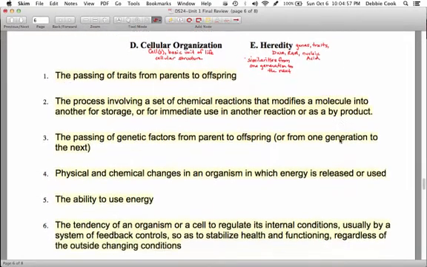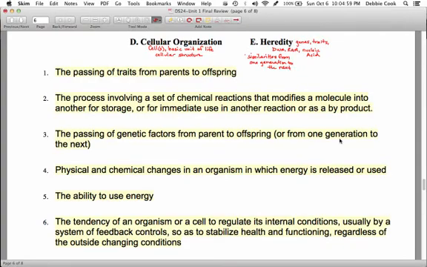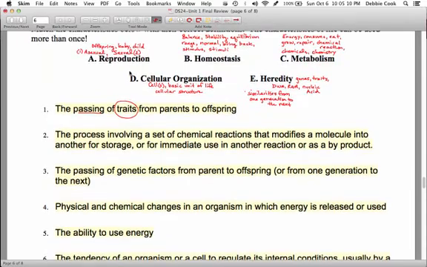So let's look down and look at number 1. For number 1, the passing of traits. So the key here is passing traits, and traits is our key term. So anytime we think about the word trait, we should be thinking about the characteristic of life of heredity. So number 1 should be E. And if I were you, I'd go ahead and write heredity here so that'll help you study instead of looking